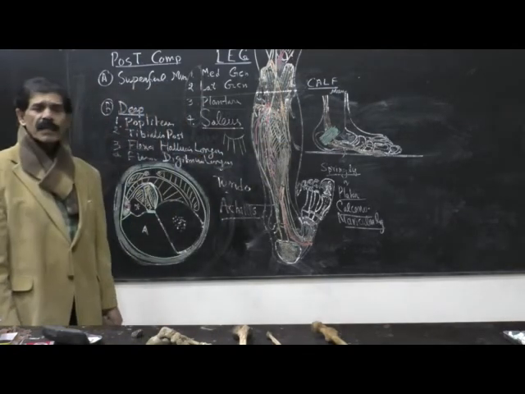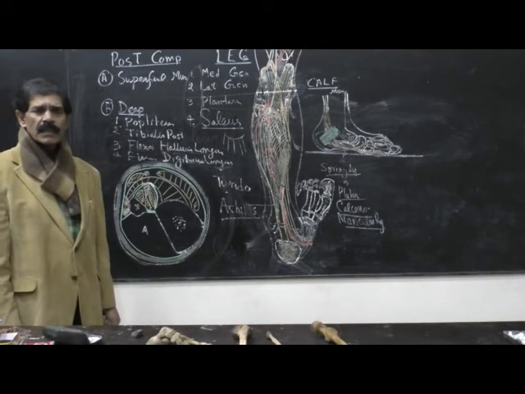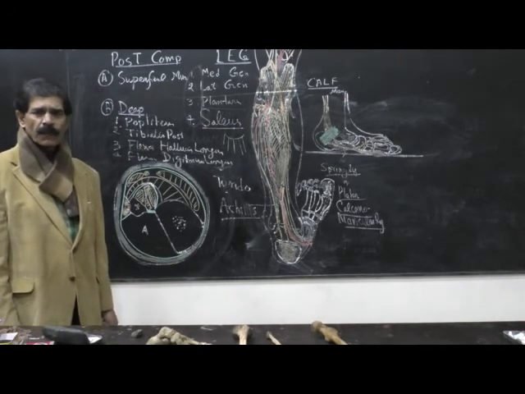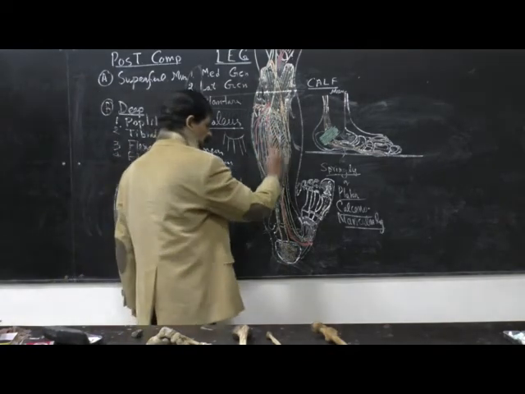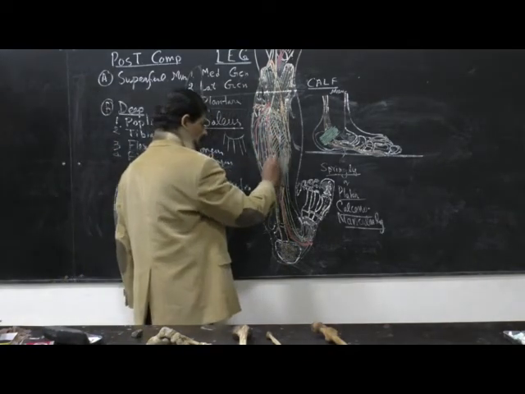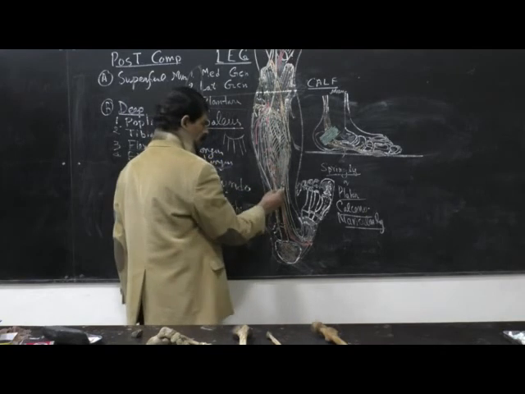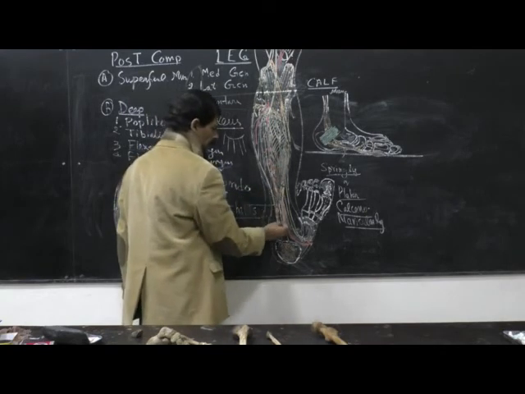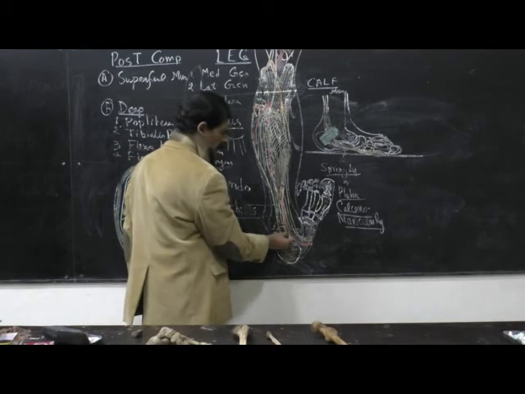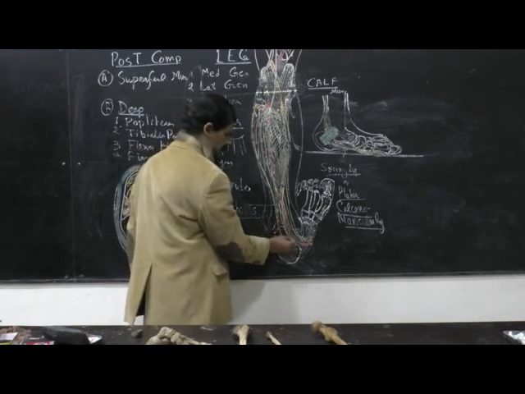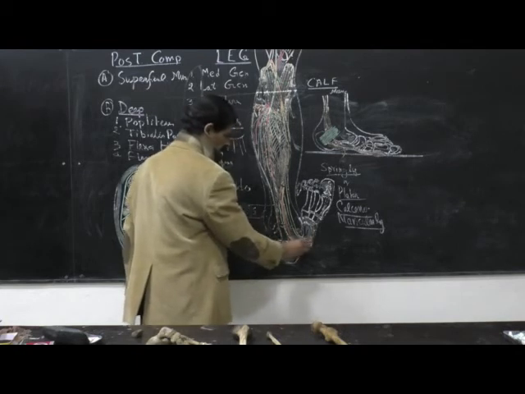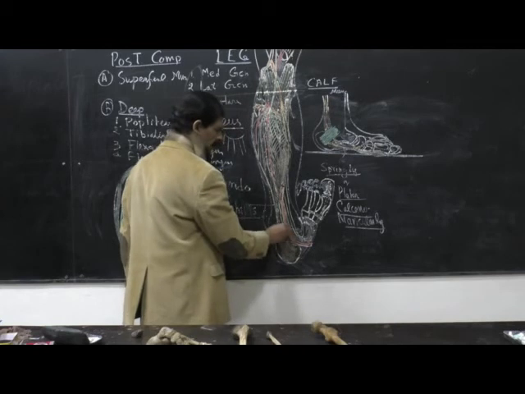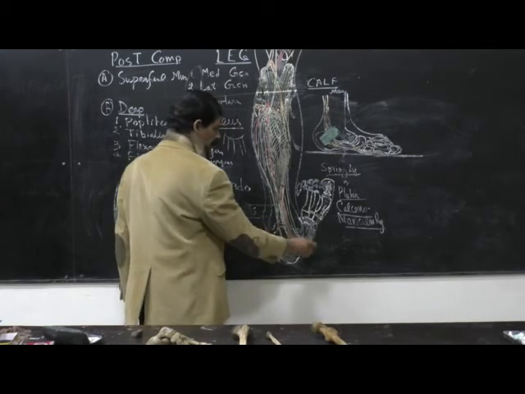So after supplying all the 8 muscles of the posterior compartment, the tibial nerve then accompanies the lateral aspect of the posterior tibial artery, and it also passes behind the medial malleolus, accompanying the artery until it disappears into the sole of the foot. What will happen to this tibial nerve? We will do it when we do the sole of the foot.